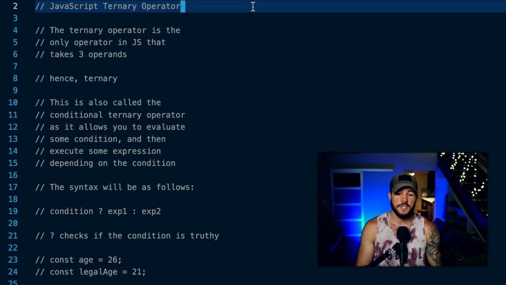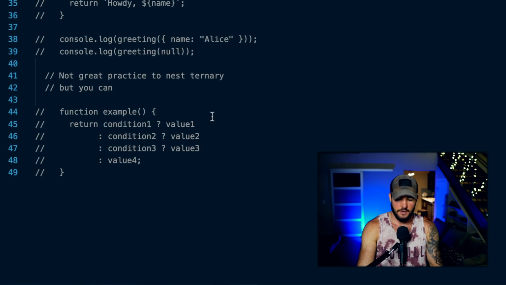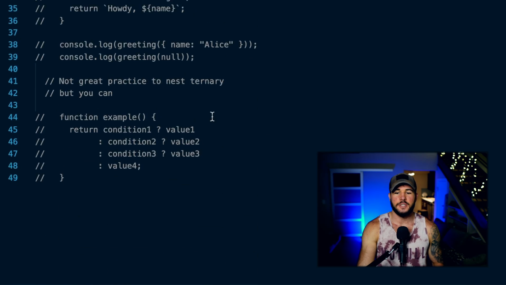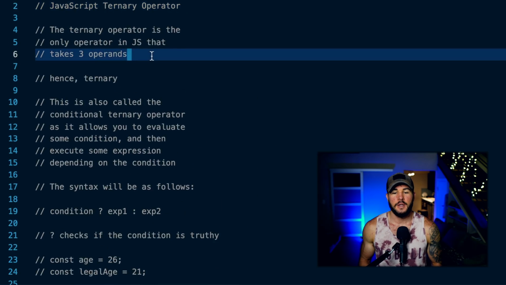In today's video, you're going to learn everything you need to know regarding the ternary operator in JavaScript. We're first going to give you just an overview of how it works, and then we're going to get into some examples later to give you a better understanding and some situations in which this operator might be most helpful. So the ternary operator is the only operator in JavaScript that allows for 3 operands,